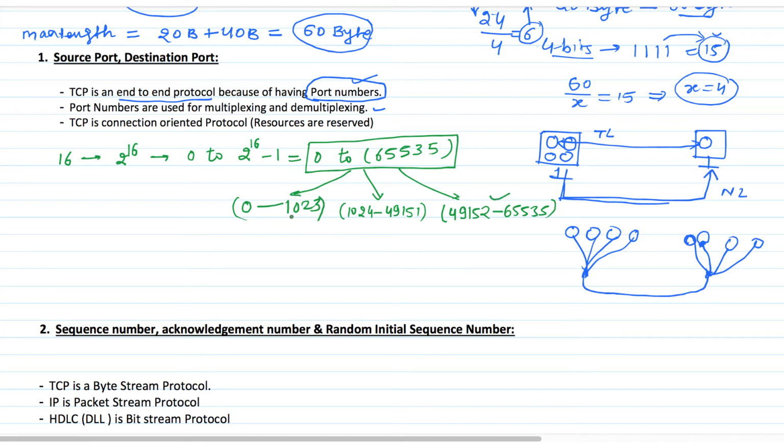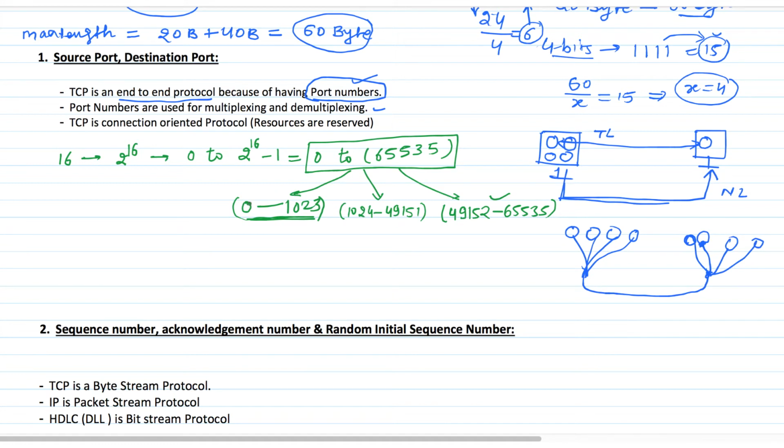So well-known port number means port number for well-known services. When a port number is associated with a well-known service, it is known as a well-known port. For example, in our daily life also we have some well-known services like police services, medical services, and when we are associating some number with these services, then these numbers are also well-known for us. For example, 100 is a well-known number for a well-known service called police service. 108 is a well-known number for a well-known service called hospitality.